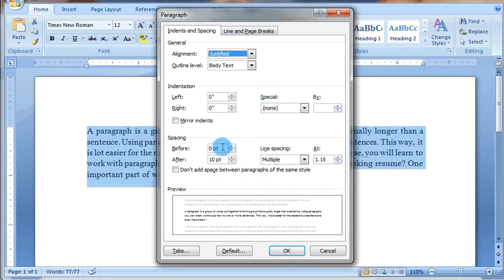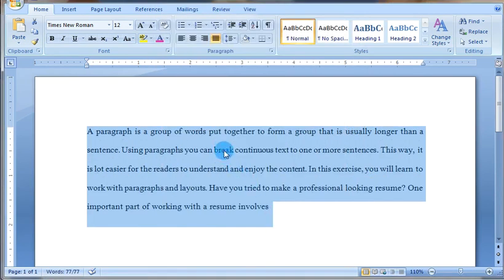You can see the spacing option here. By default it will be multiple. So click on the line spacing drop down arrow, and if I select the double option and then click OK, you can see the space between the lines adds double space.